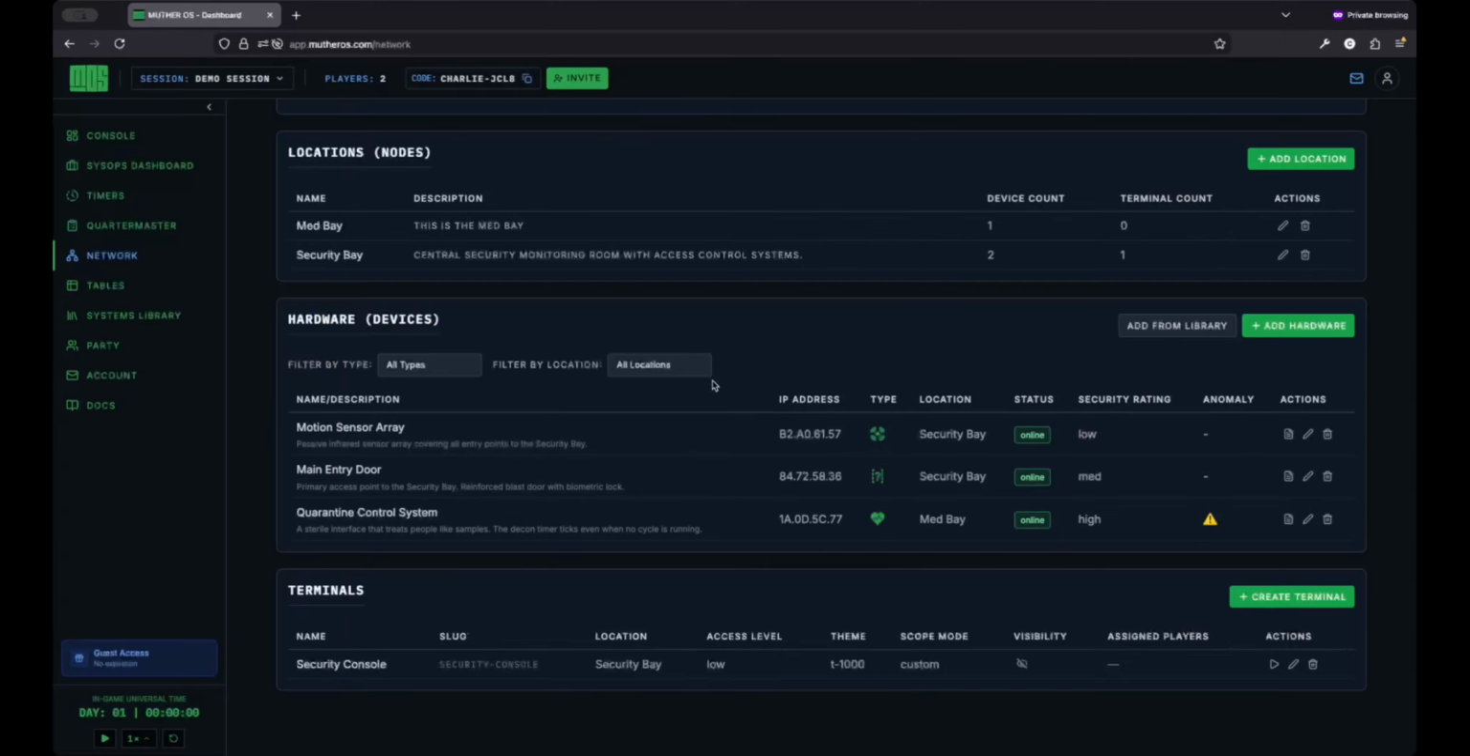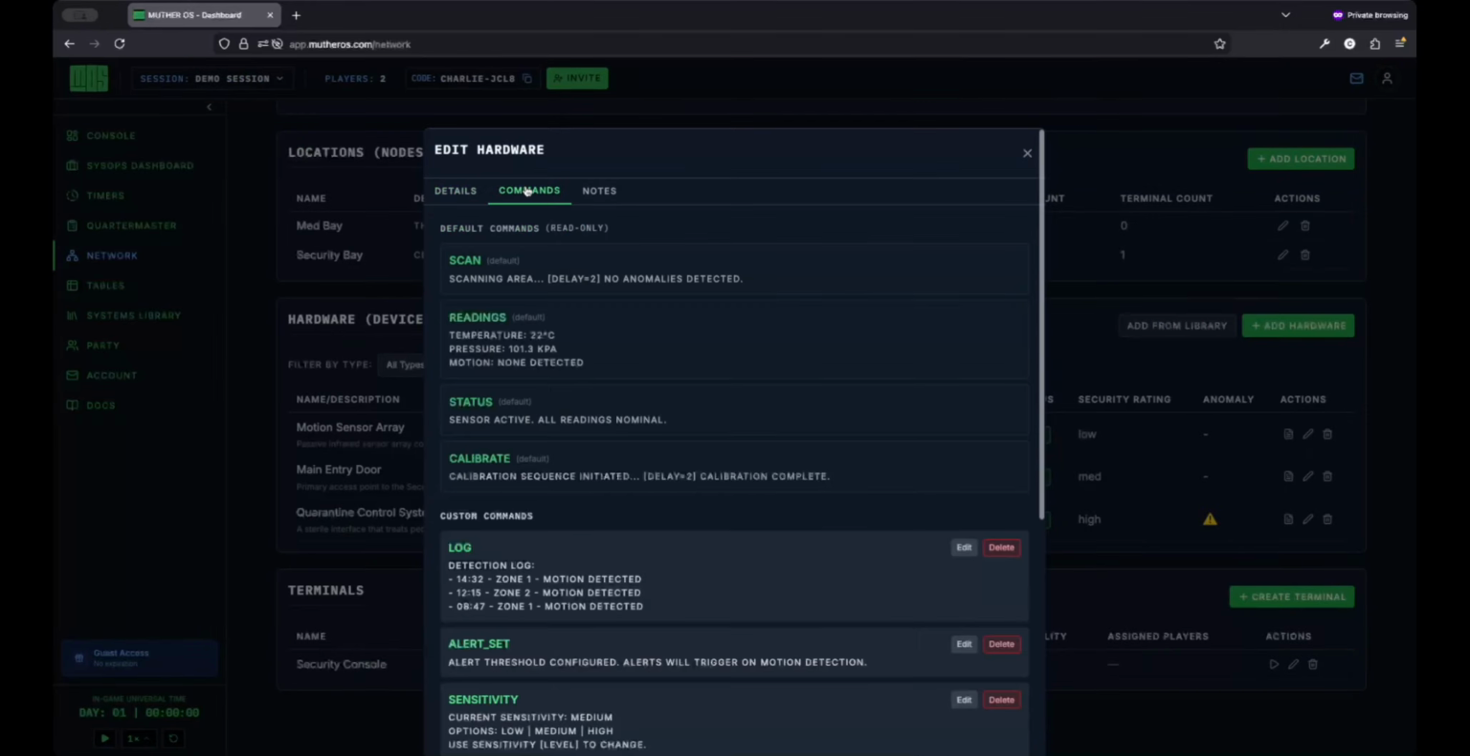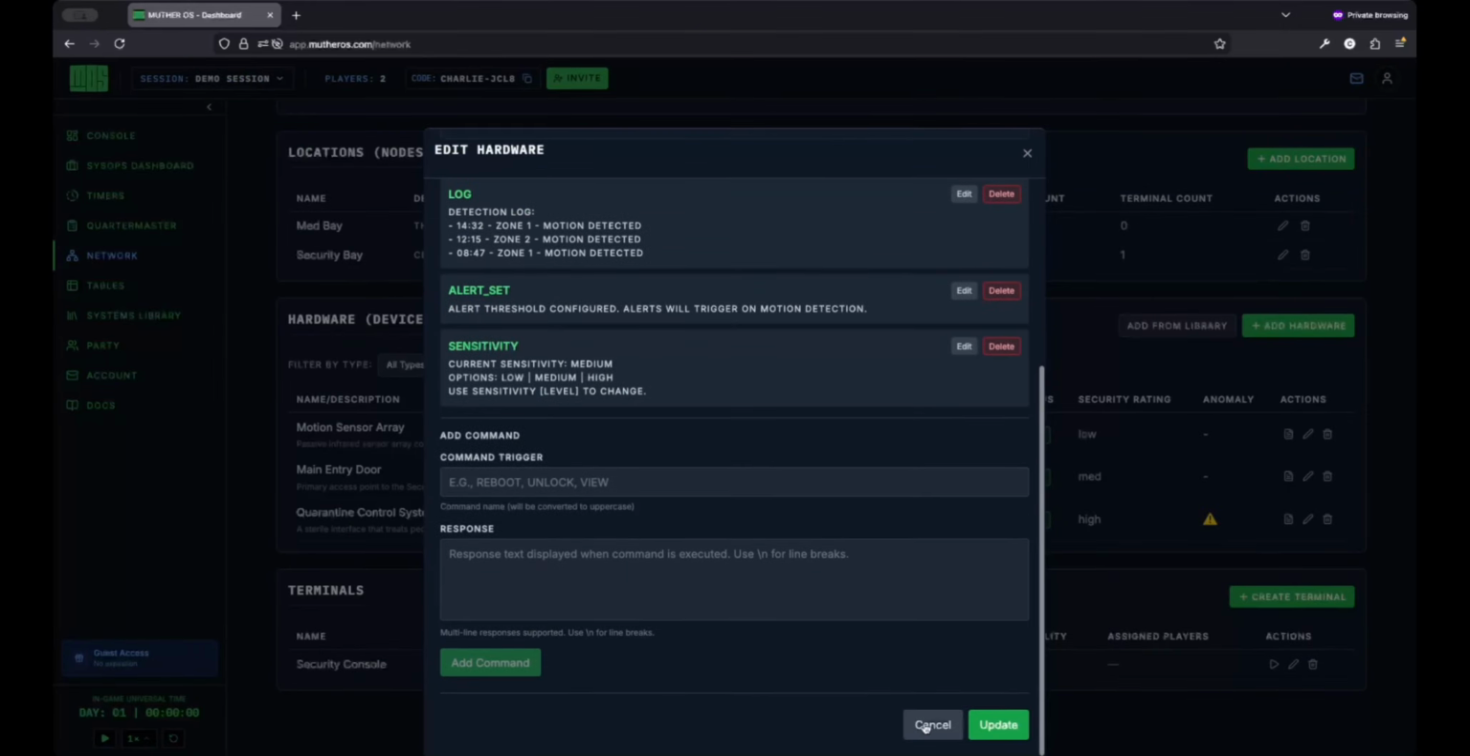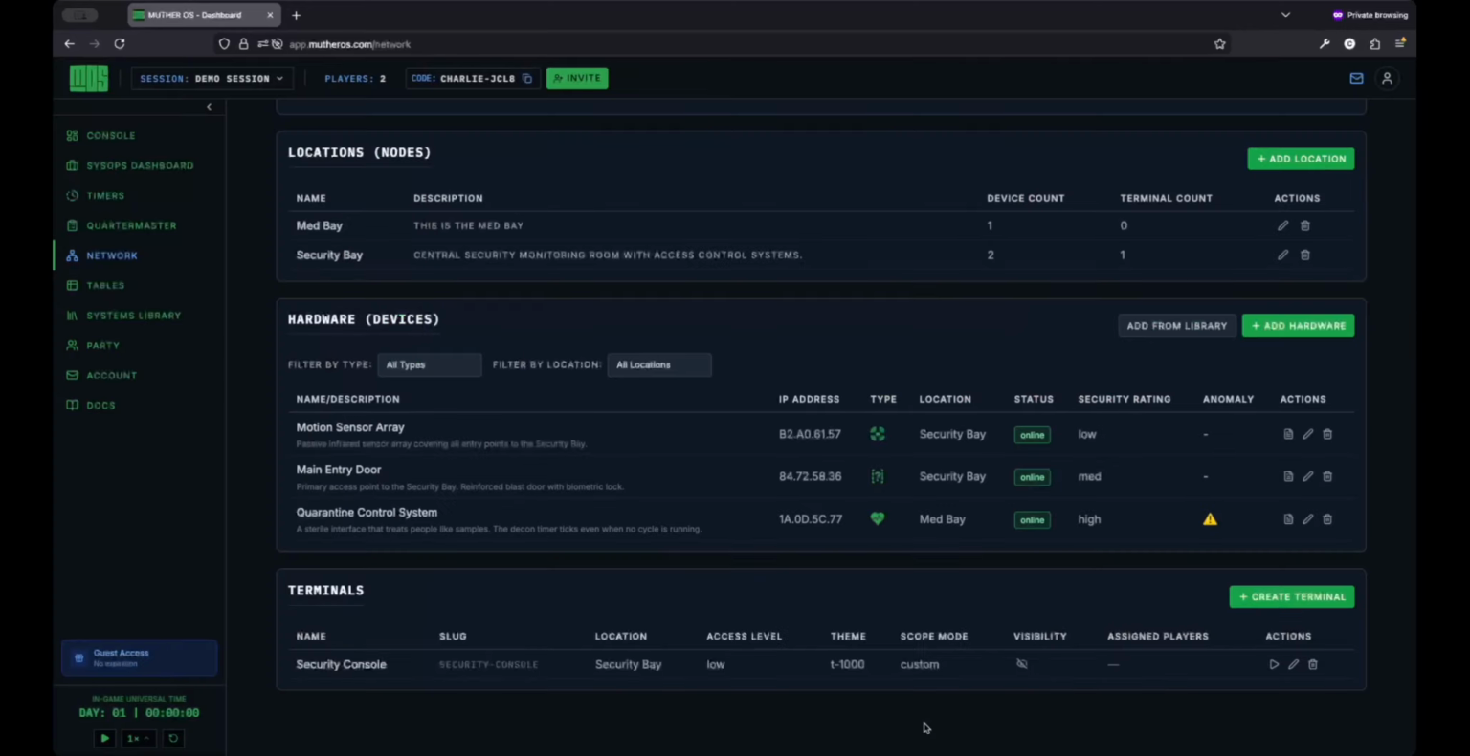So if we look at motion sensor array and main entry door at those commands, we'll see that these are the commands that if we type in any of these are the responses that we should get back if we're connected to them. So also notice the theme here. The theme is T1000, so that would be Terminator-like inspired. So let's go ahead and